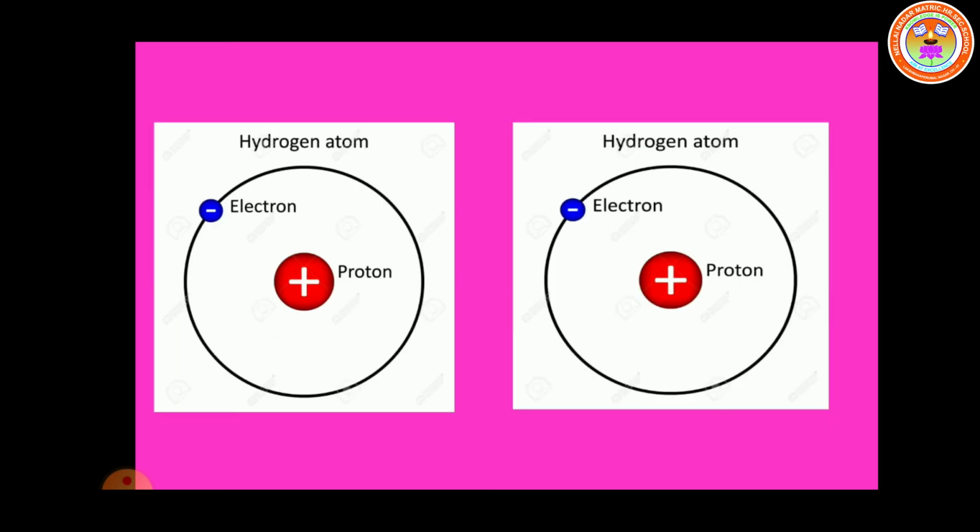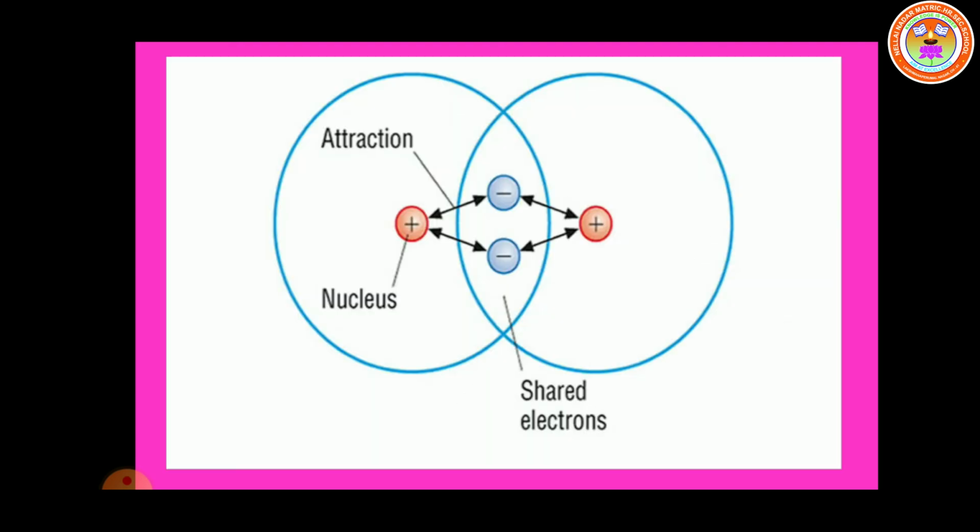The atomic number of hydrogen is 1. That means hydrogen has 1 electron. While forming the molecule, both hydrogen atoms contribute 1 electron each to the shared pair, and both atoms attain a stable and completely filled electronic configuration. So the two hydrogen atoms are sharing their electrons.